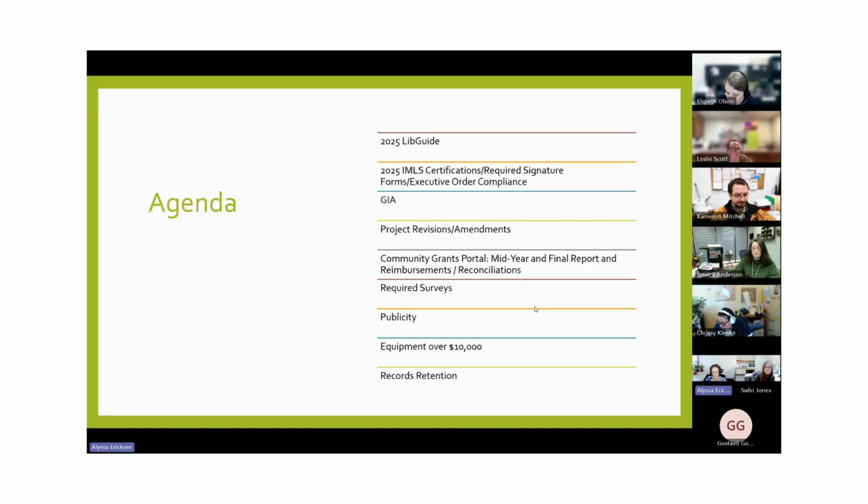I have a section on the required surveys and where they're located, how to use them, how you're going to aggregate all that information to give it back to us for the final report. IMLS's requirements on publicity, and a quick section of equipment over 10,000, which is at the end of the agenda,